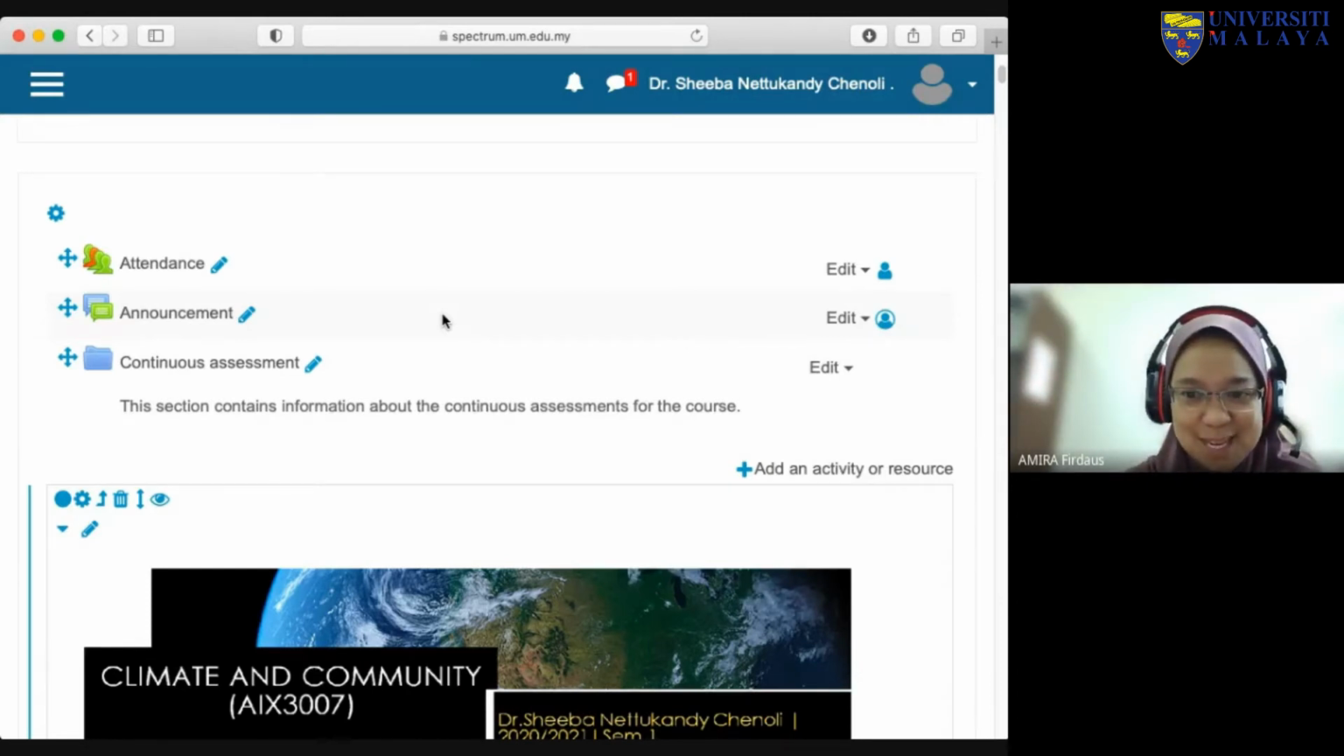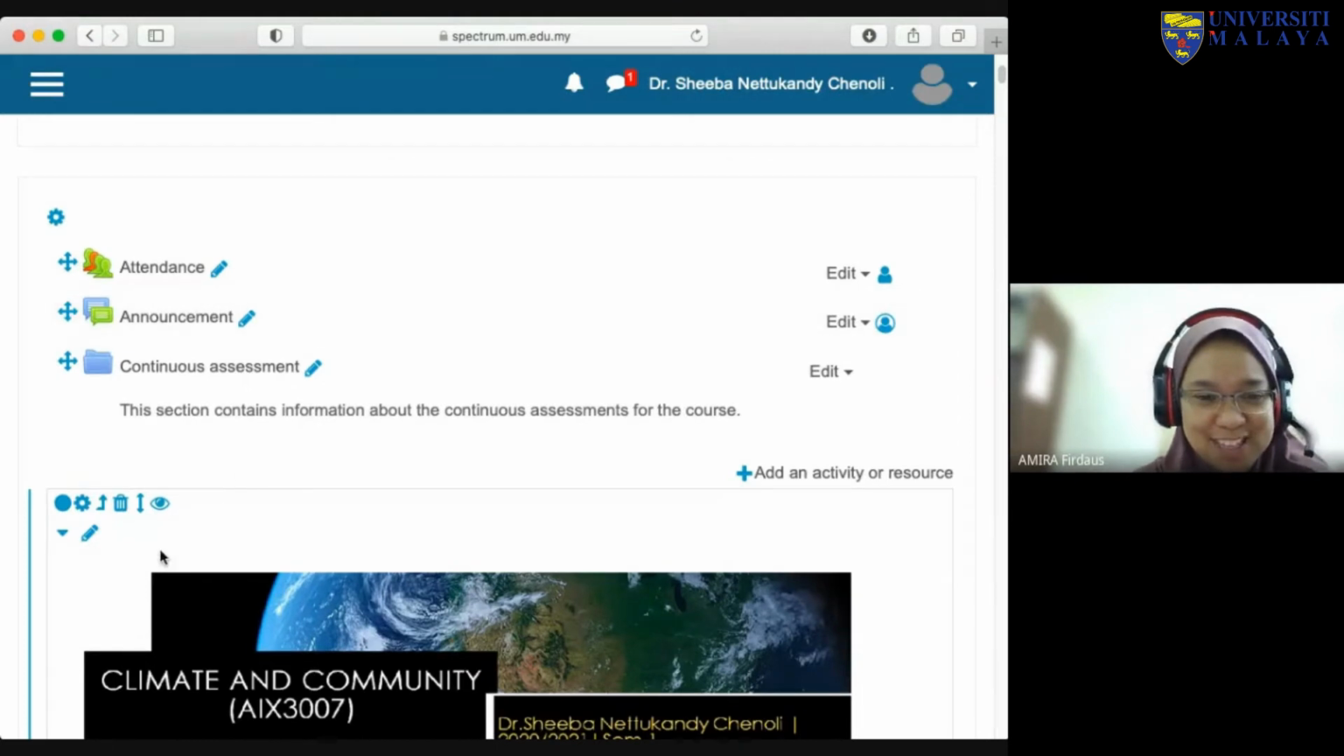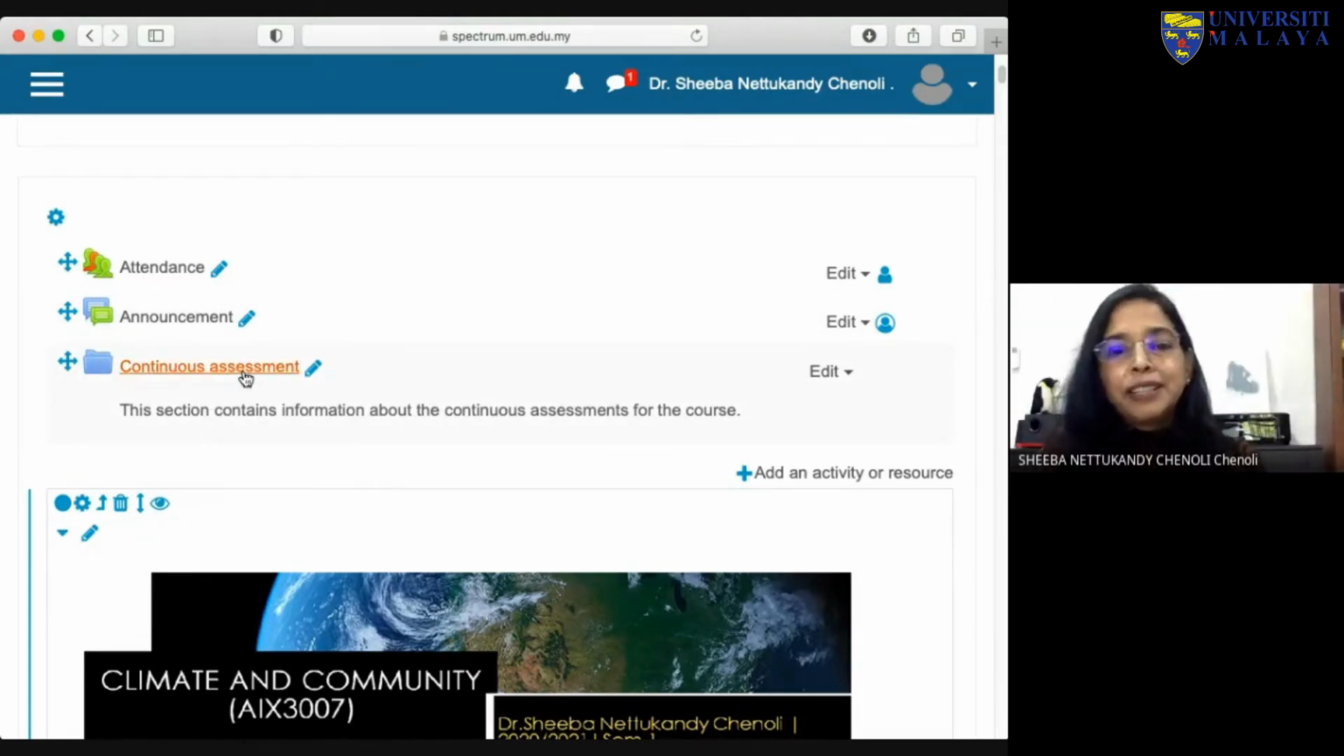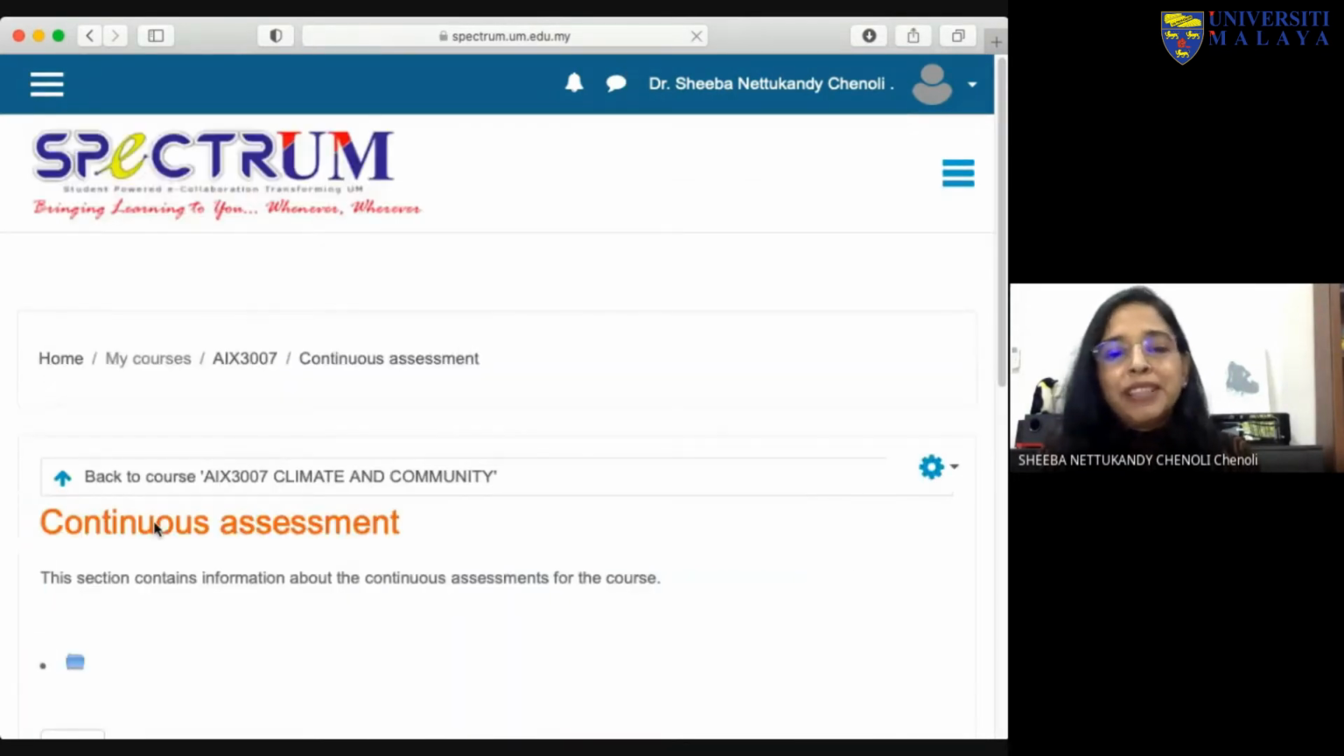So if we look back at Dr. Shiva's Spectrum page, can I ask a little bit about your continuous assessment folder that you have underneath the announcement there? What is that folder? This is actually where I put, I think I don't have anything yet. So I will put all the